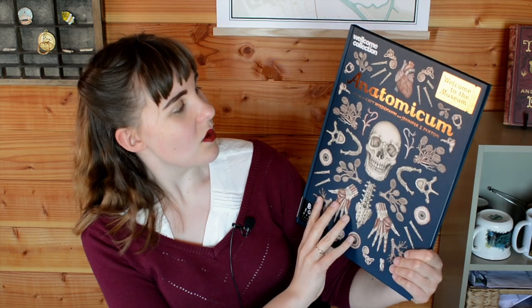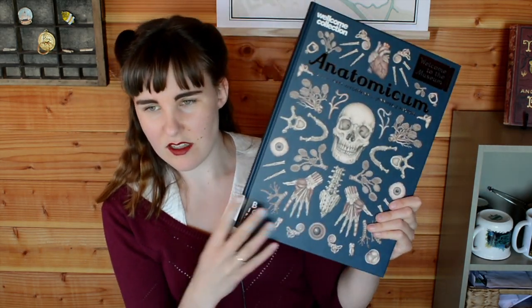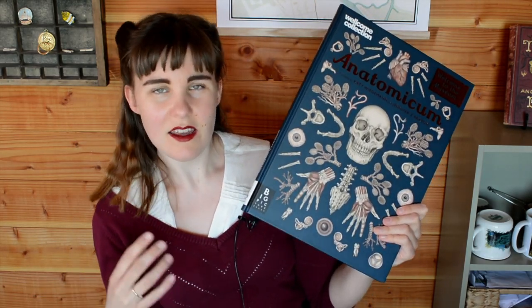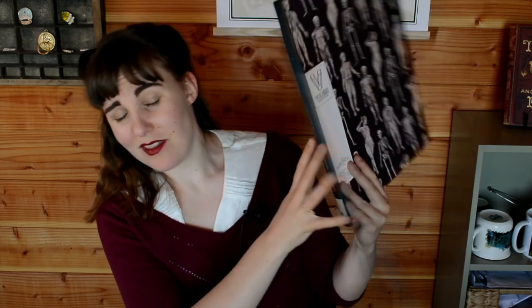This one is illustrated by a different Katie, Katie Weideman, and what I like about this is that her work is different from Katie Scott's, but it ties in quite nicely, so it feels more like it's part of a series. And yeah, I'll just show you a little bit of what's going on inside, because it's all about what's going on inside of the body. The end papers, for one thing, are fabulous, and then it takes you through different parts of, or different systems in the body. So, like the